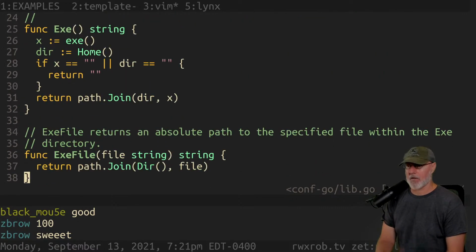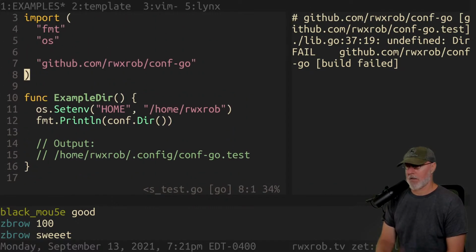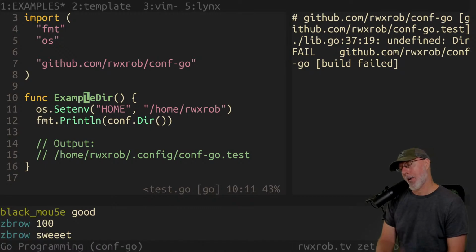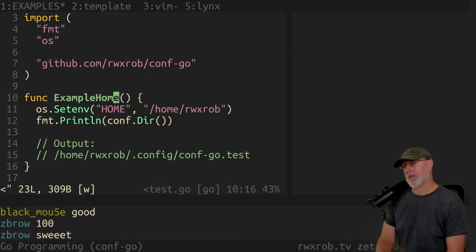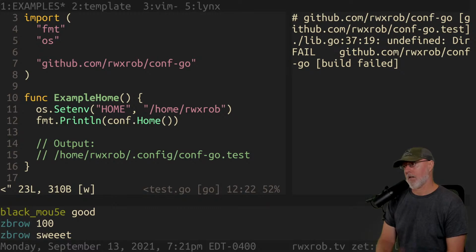We just completed this code, and I'm going to go to the example test code here. I'm going to reset all these names so that they're right. So we have conf.home. That needs to give us the home directory. So let's fix that one. Let's get all of our tests running again.